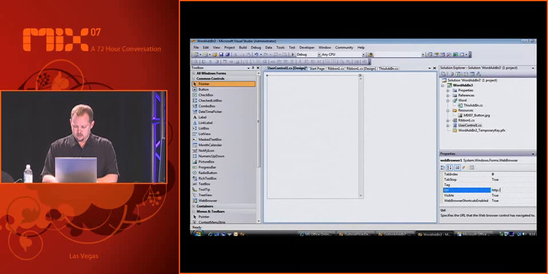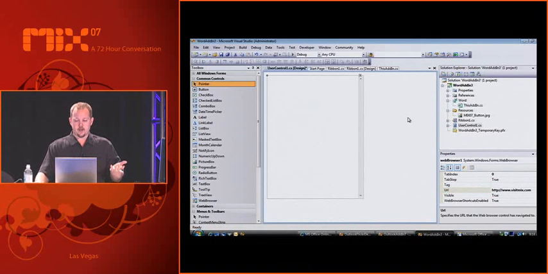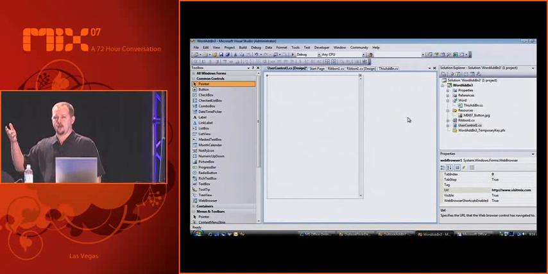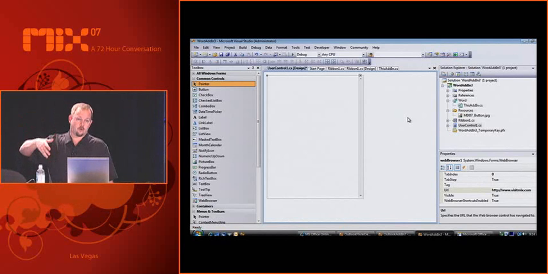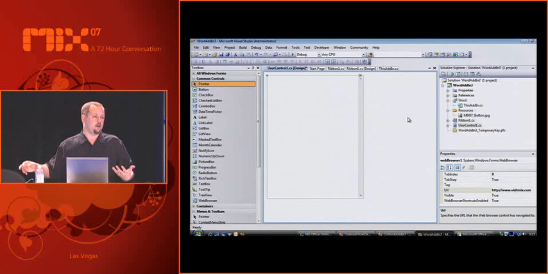And I'll change this to MIX. So right now, if I even fired this app up, that custom task pane, or actually user control, which will be implemented as a custom task pane, nothing will show up. It's not wired up to anything. It doesn't know how to make itself visible, nothing.